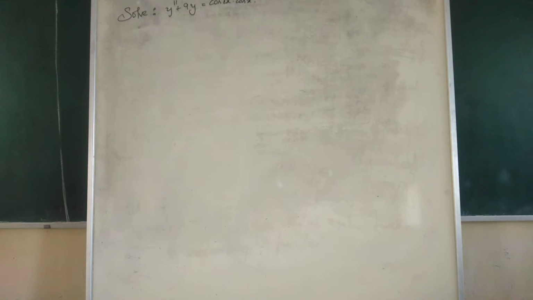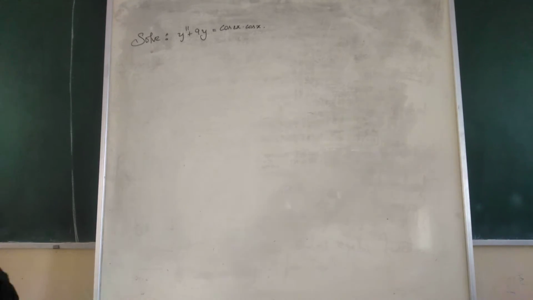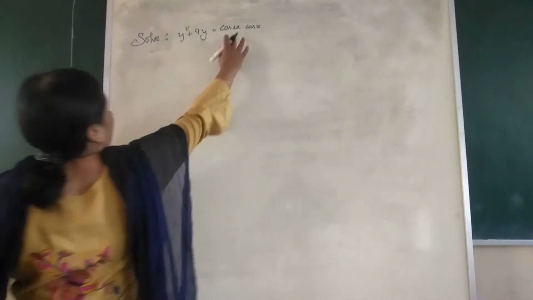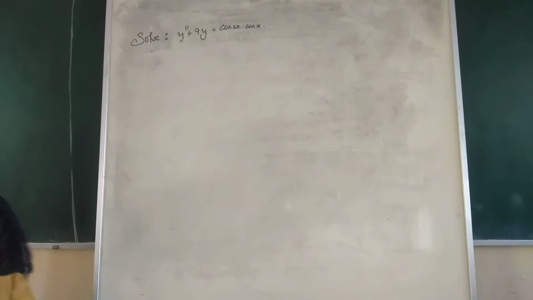Why is it different? Why is the question different, guys? You have to see that the question is a little different from the previous ones. Why? Because of the nature of this function, we have a product of two functions here. We'll see first of all how we get rid of the product of the two functions.